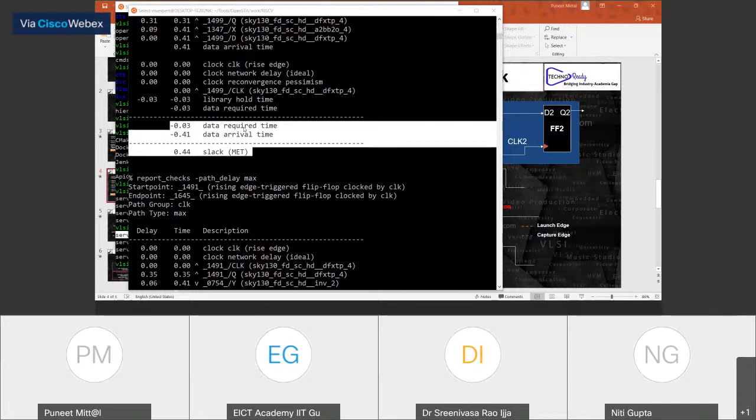Okay. I think till this point, things are clear. Any question? There are a few more differences. I'm going to talk about that particular part now. But till this point, is everything clear? One question is still pending. I know one is the negative setup, negative hold.